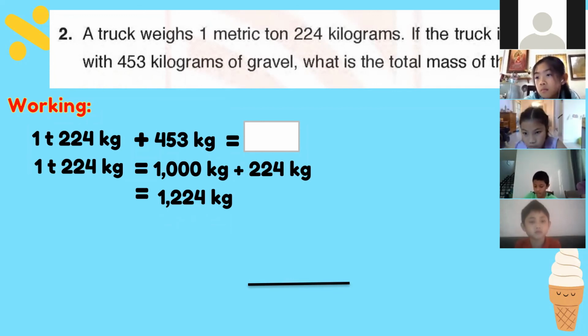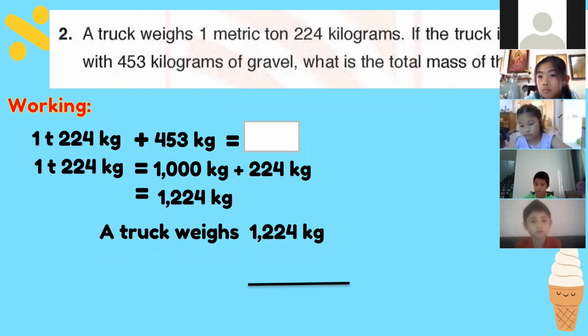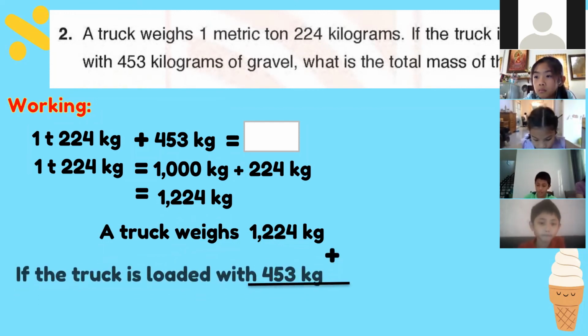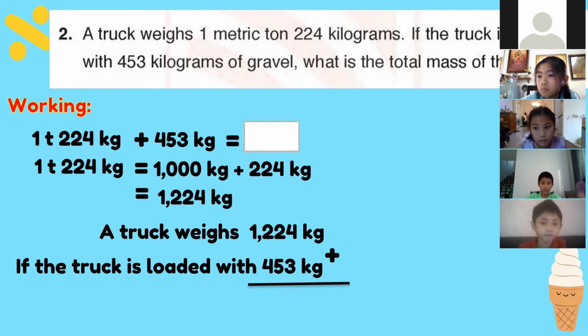You should make kilogram to kilogram first, just like the example earlier. Now, a truck weighs 1,224 kilogram, right? And then if the truck is loaded with 453 kilogram,